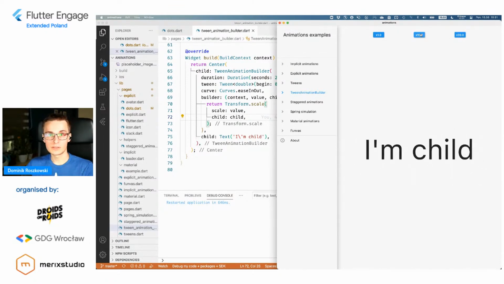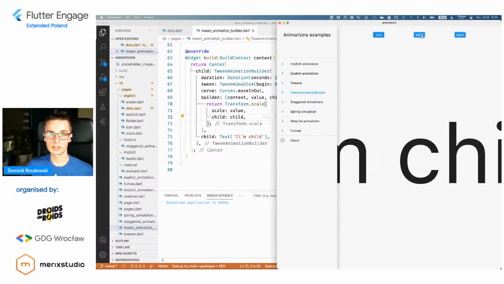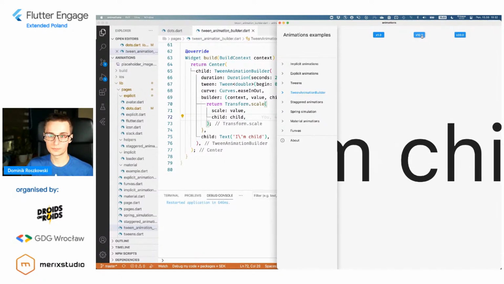So if you have some kind of changing widget in your app that needs to respond to some changes, and what is nice, again, this can be anything. This can be like a text. So if you need to animate some text from one value to the other, provided that you provided the linear interpolation function for that, then you can easily animate between values without any additional animation controller or whatsoever.